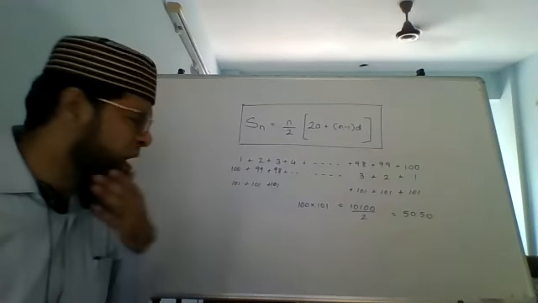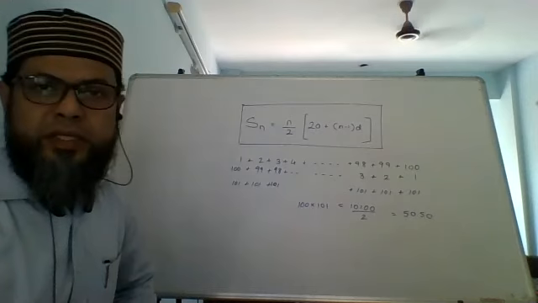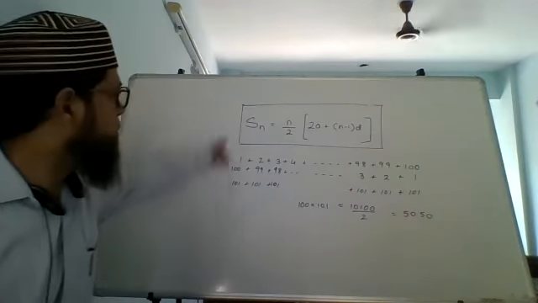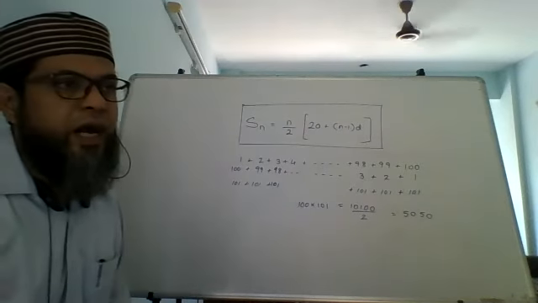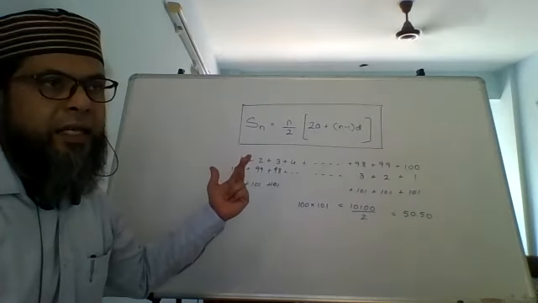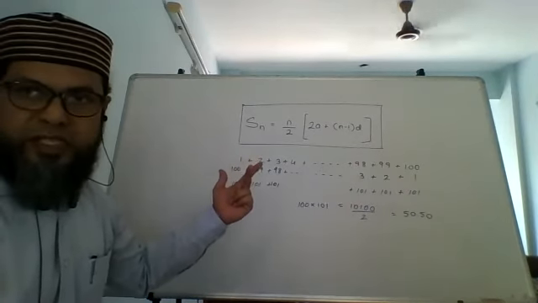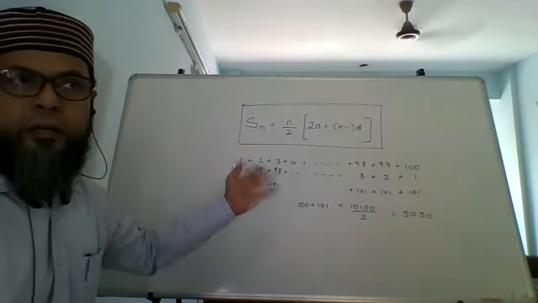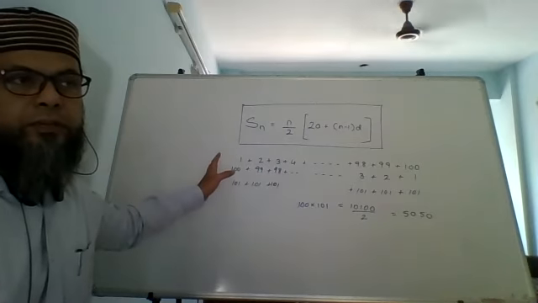How many numbers? It could be n numbers. It could be sum of first 5 numbers, sum of 500 numbers. Formula will remain the same. Again, the terms that you need to identify are A, D, and N. If you can identify A, D, and N, ये 3 बेसिक चीजें, और ढूंढना क्या है, SN ढूंढना है या TN ढूंढना है. बस अगर सिर्फ इतना आपको पता है, you can never go wrong in this chapter.